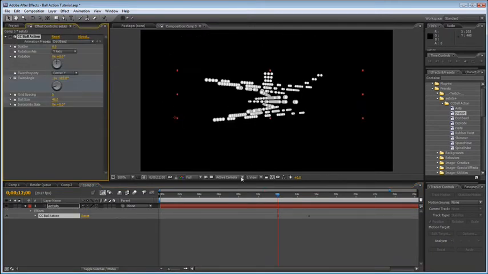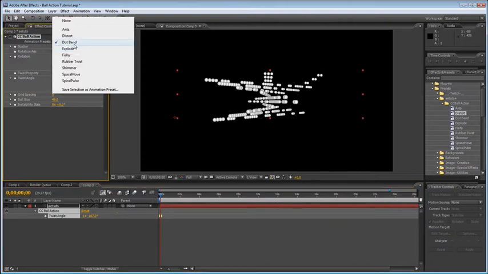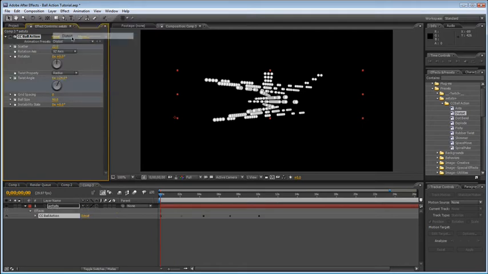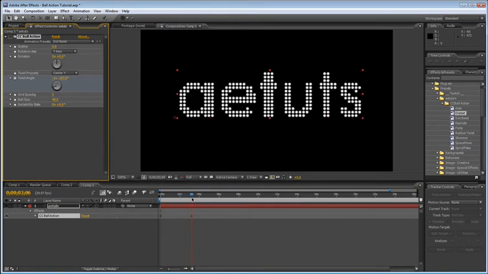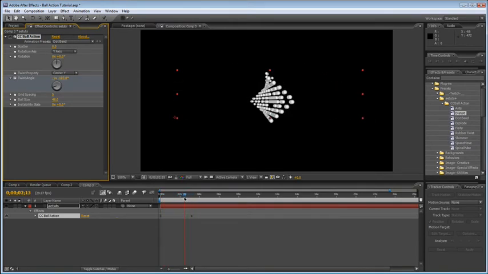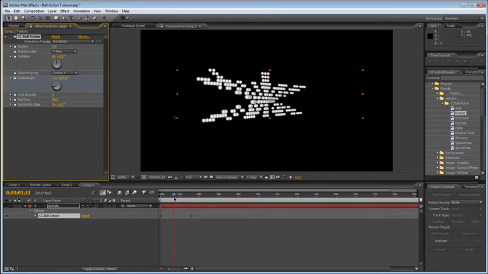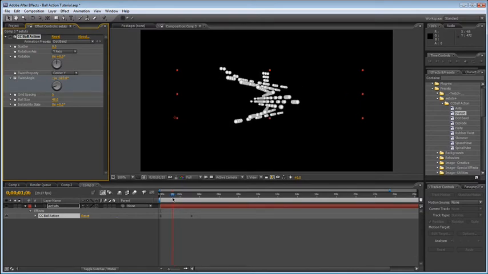Let's go to dot bend. This is another cool one. This is a cool way to hold on, let me start that at the very beginning. This is another cool one that you can do as a transition from one to the next. Distort dot bend. Okay, you can start here, and you can kind of see. Okay, it goes back down to 0. There's AE Tuts, right? Well, as it distorts, if you apply this to 2 layers,